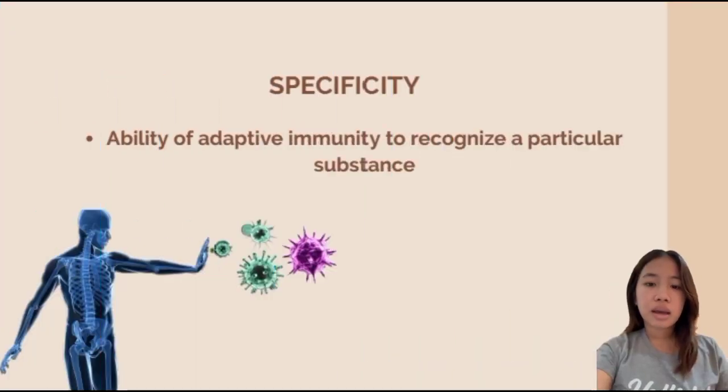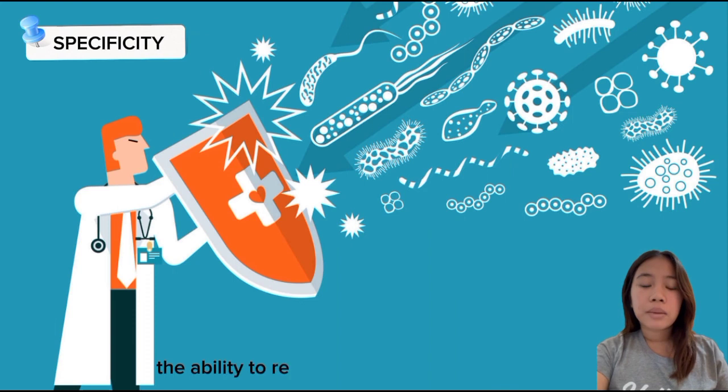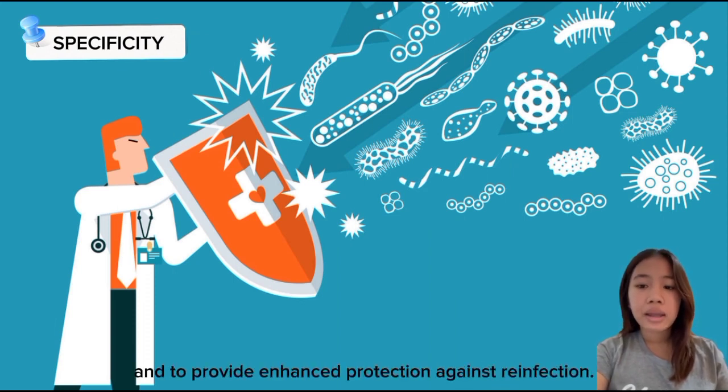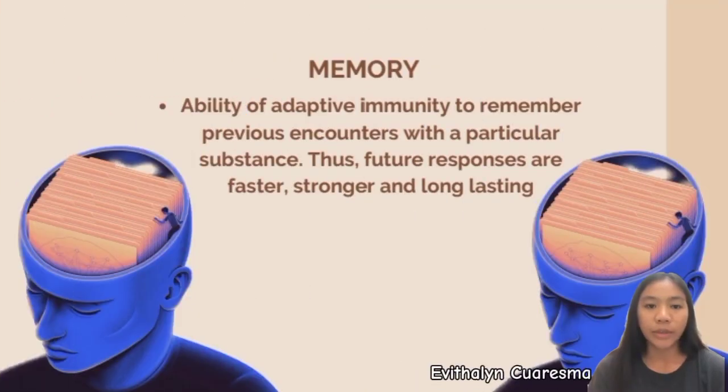Let's proceed to the specificity. This is the ability of adaptive immunity to recognize a particular substance, the ability to recognize all pathogens specifically and to provide enhanced protection against reinfection. Memory is the ability of adaptive immunity to remember previous encounters with a particular substance, thus future responses are faster, stronger, and